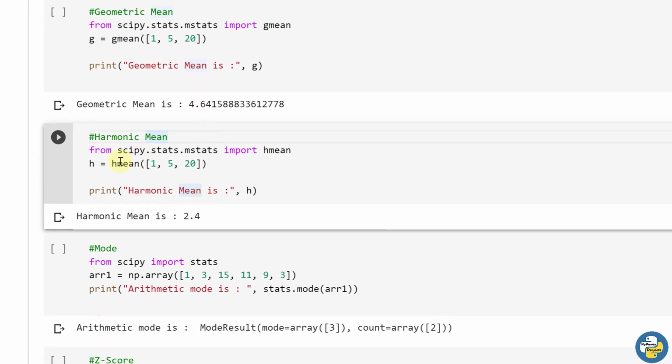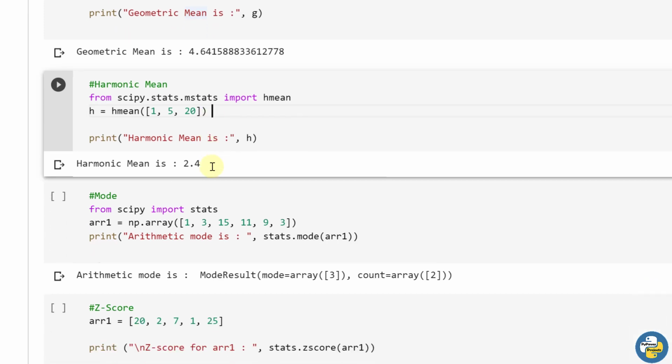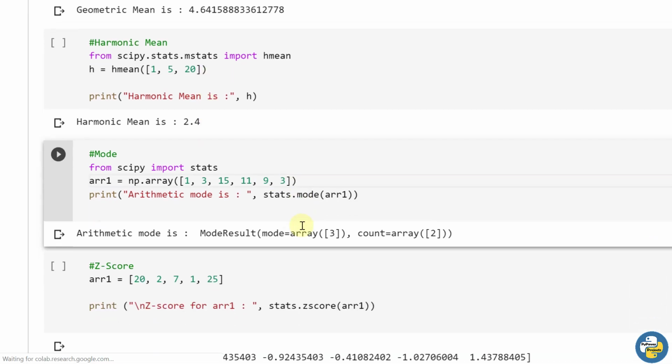This is harmonic mean. Same as gmean, you pass an array and it will return the harmonic mean of all the elements of that array. Mode will return the mode of your array, here my mode result is 3. So my element 3, here and here, is repeated twice.